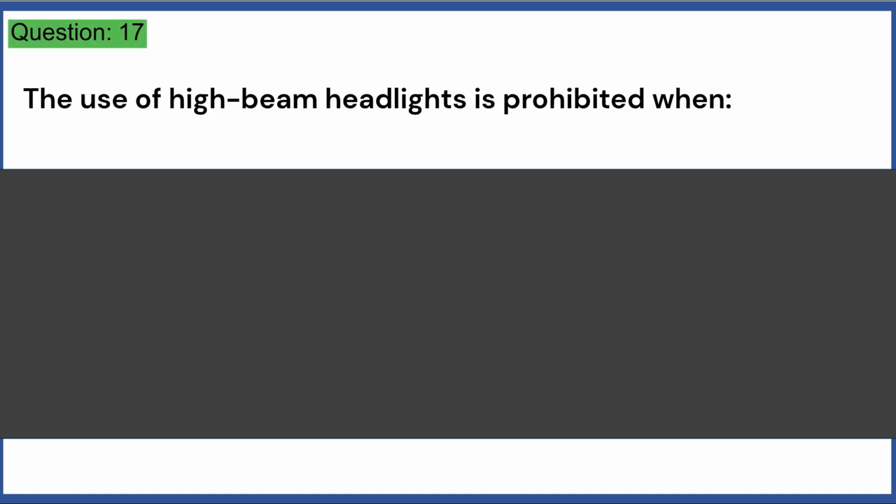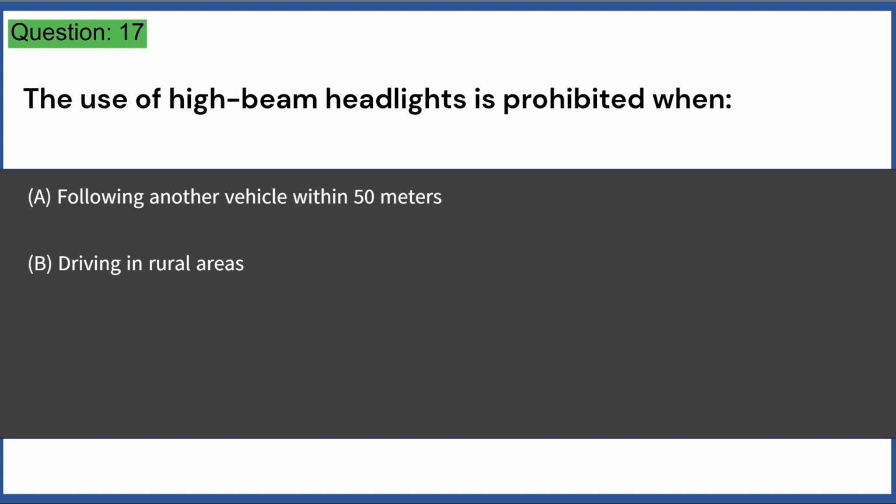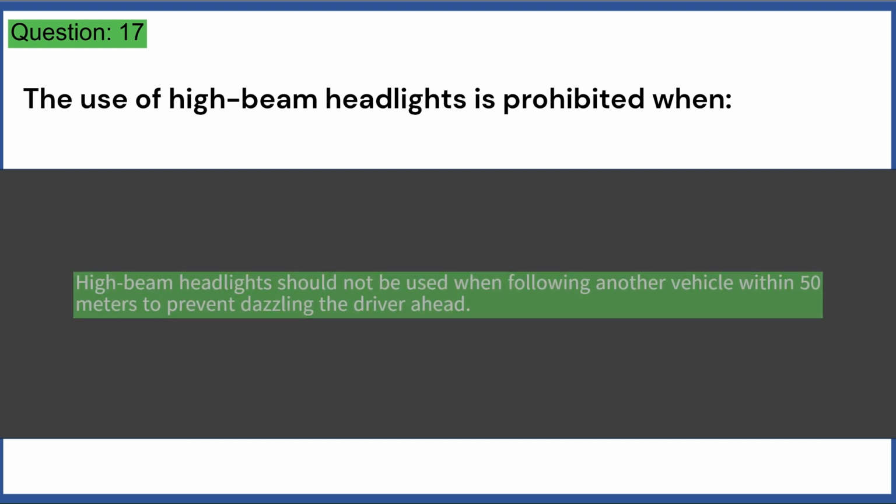The use of high beam headlights is prohibited when: A. Following another vehicle within 50 meters. B. Driving in rural areas. C. Driving on unlit roads. D. Passing another vehicle. Answer A. High beam headlights should not be used when following another vehicle within 50 meters to prevent dazzling the